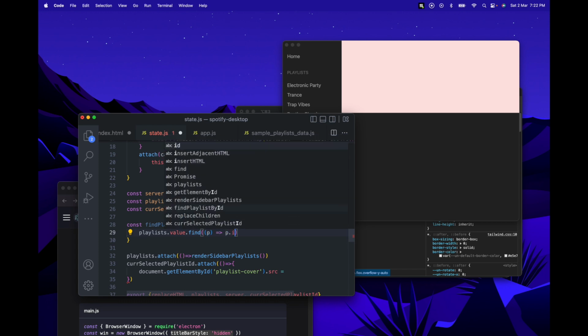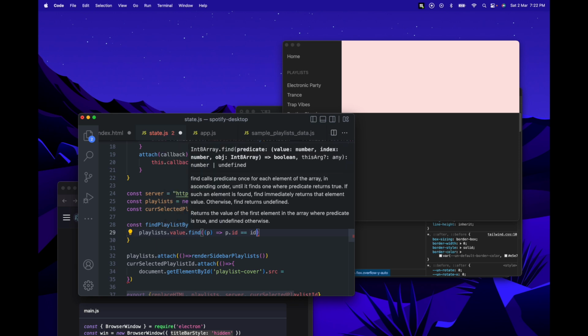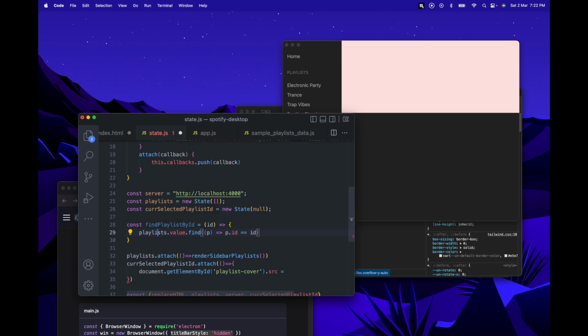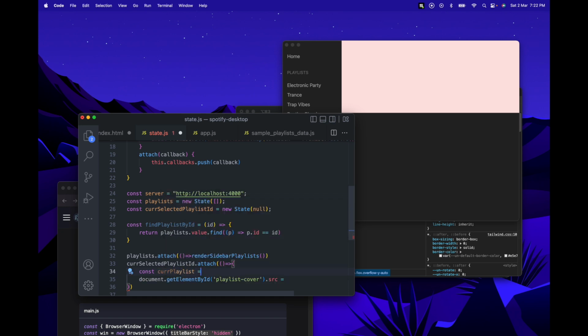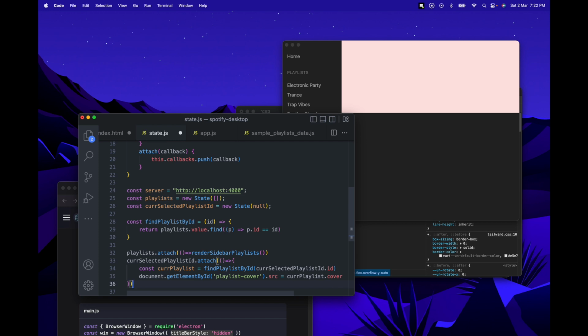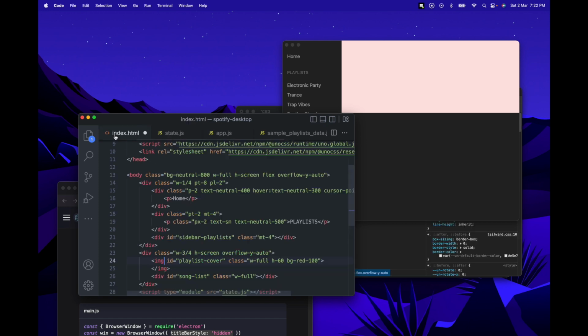What I want is p.id should be equal to id, right? And we're gonna return this. So now if we go over here, we're gonna say current playlist. Let's find playlist by id, and we're gonna say current playlist.id. In here we can simply say dot cover, save this, go in here, save this as well, and